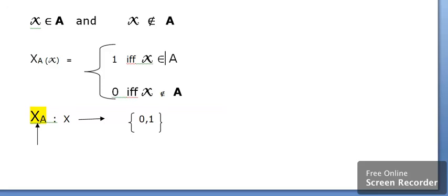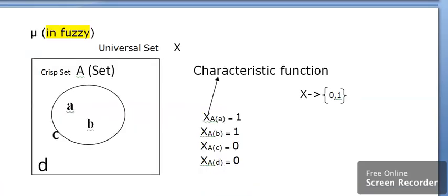So that's it. So next is membership function, that is fuzzy. If it is an ordinary classical set, the value is 0 or 1, called chi, whereas here it is mu, the membership function.